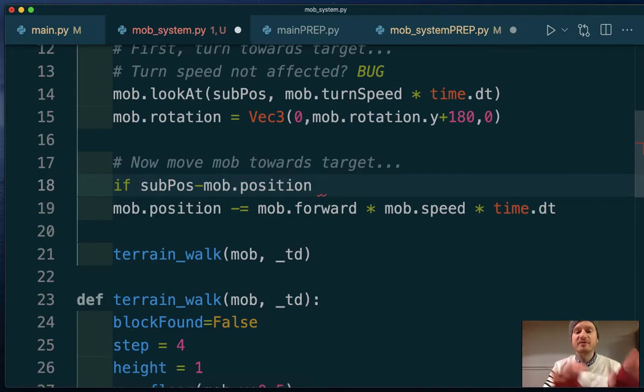So both of these are vector3 objects, so we can apply arithmetic to them. So if that resulting vector is greater than, let's say, 10, or what should we call that? We'll call that